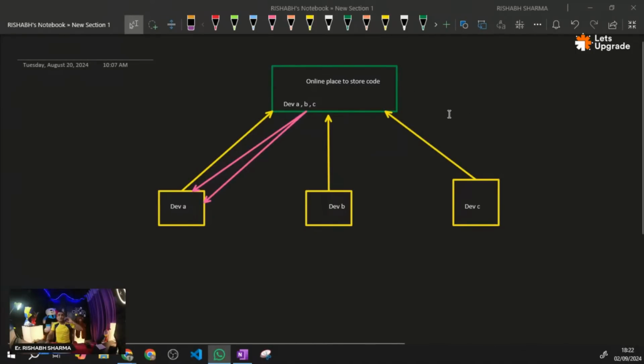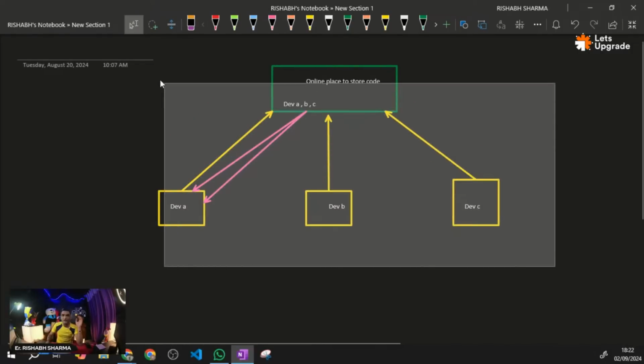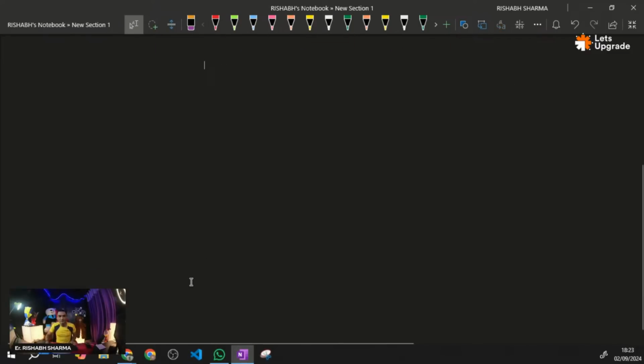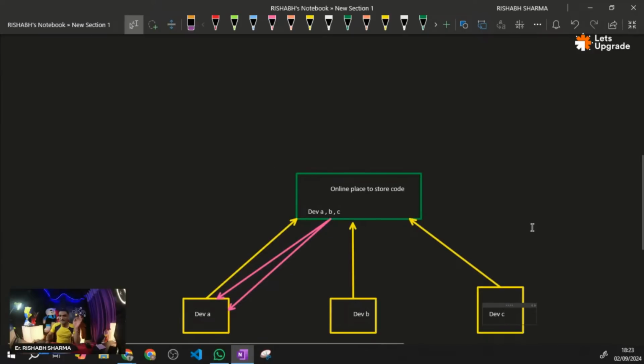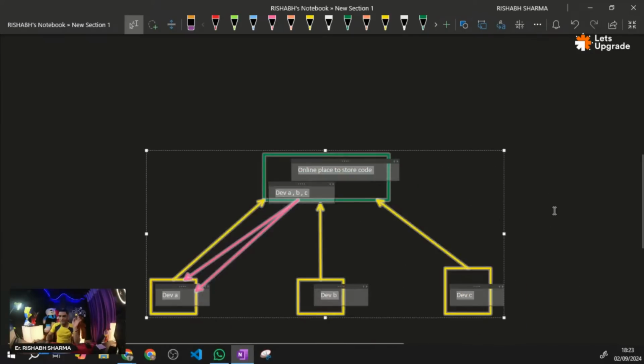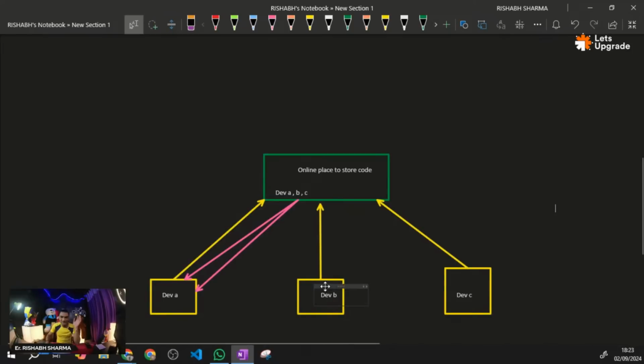Fine. So that is the whole concept. Now this is the concept of storing the code online. Now what is version control? Let us try to understand what I mean by version control. Okay, so let us copy this. Please try to understand very carefully, guys. It is important. Without Git and GitHub, it is really very difficult to survive in the industry. This is important.